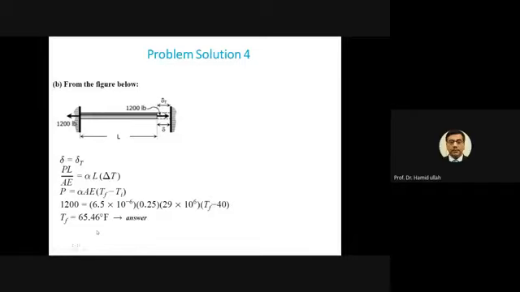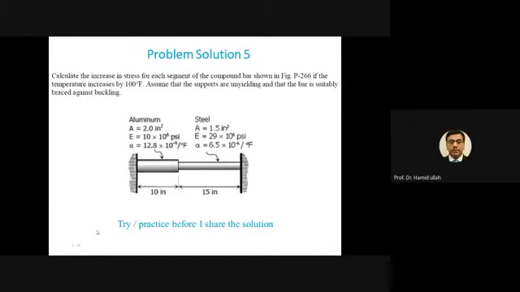This is a case in which, in all the previous ones we have seen, there is one individual body, and when the temperature is increased or decreased, it is expanding freely or contracting freely, or maybe there is some resistance to the motion or expansion of the body. Then what are the stresses or strain, for example, or elongation.